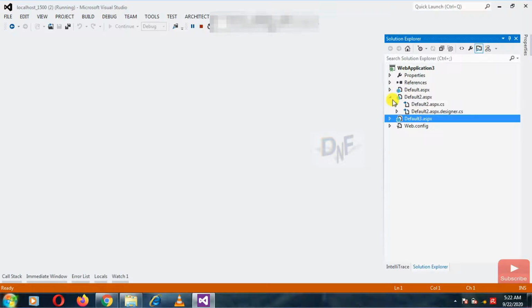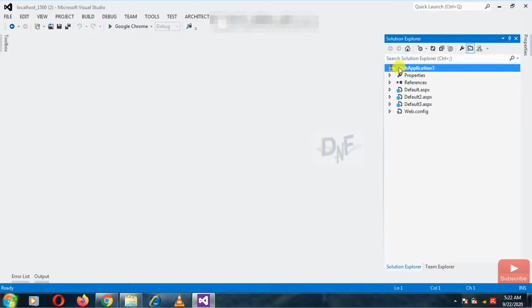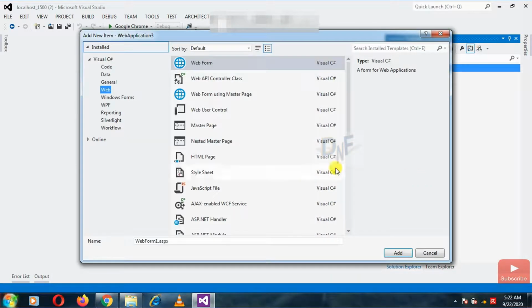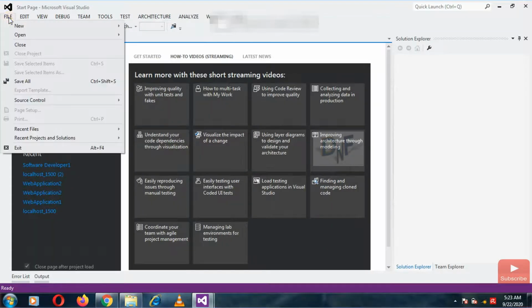For example, I converted this web application into C#. When I add a new item, you can see I have only the Visual C# option. There is no option for adding Visual Basic files.